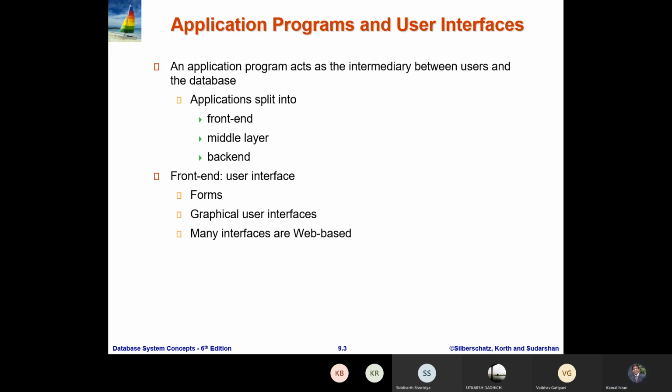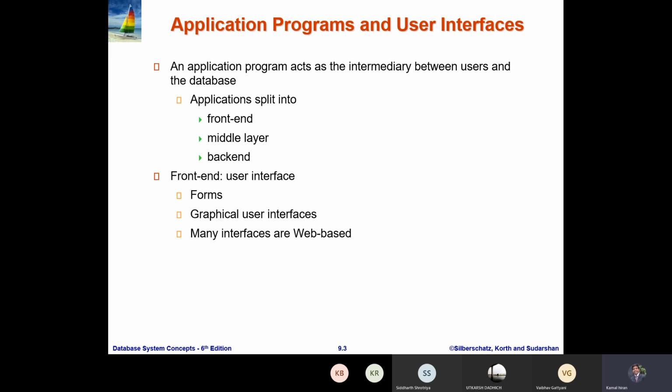Now, front end means what is visible to the student, and I can see many of you are using a laptop and many of you are using a mobile, and you are attending the lectures through the Teams software. So basically this is an application, and many people are using the website also.